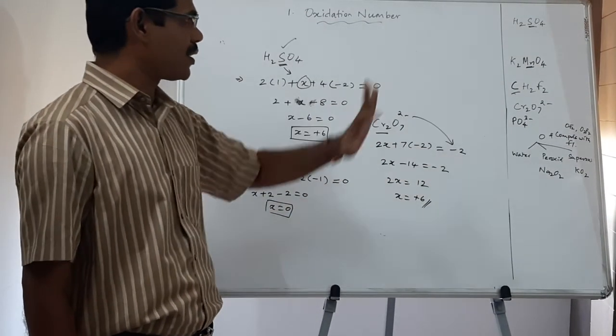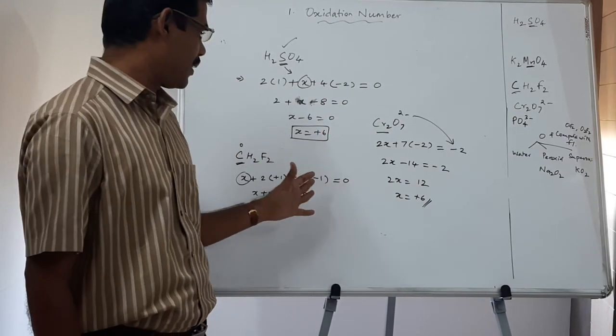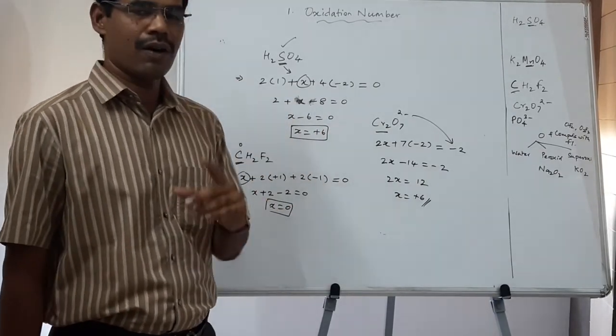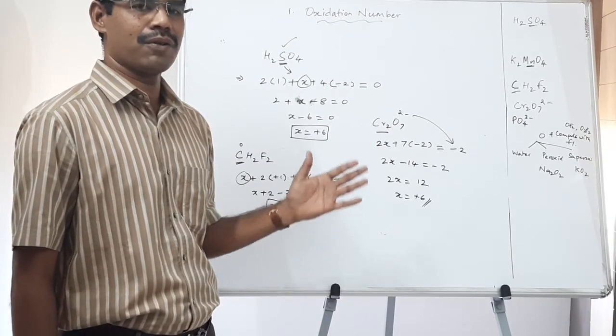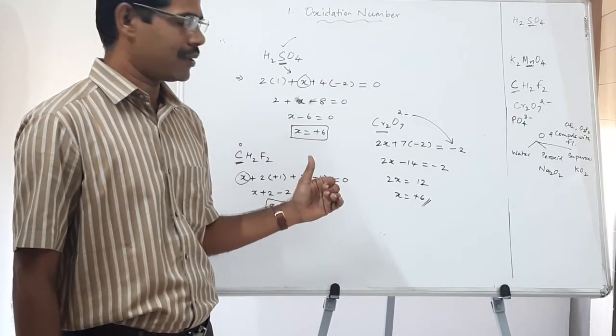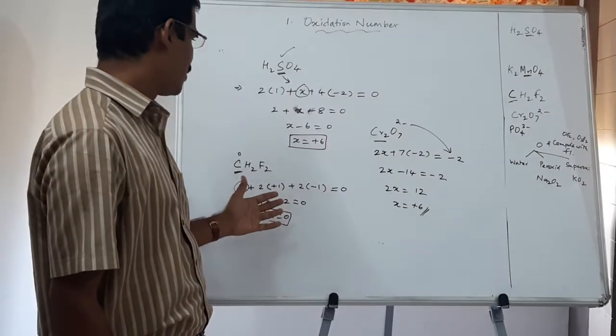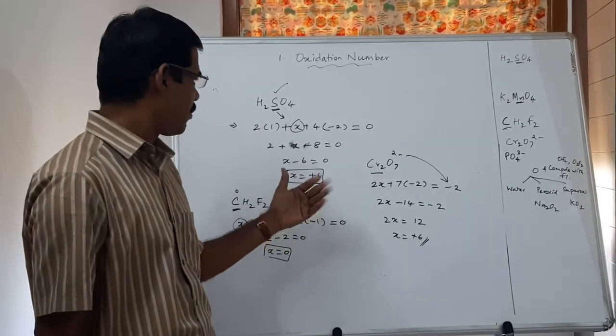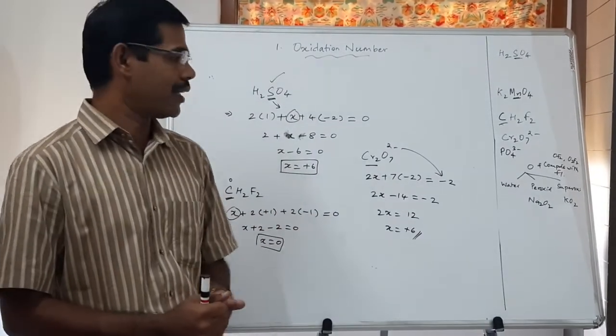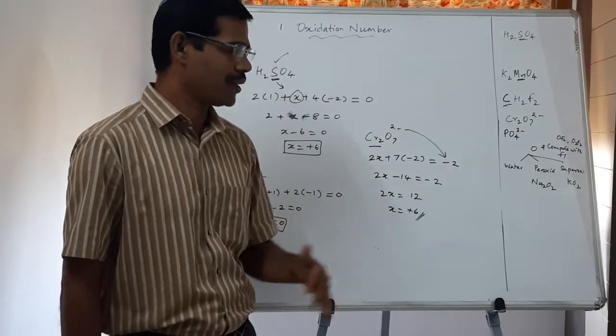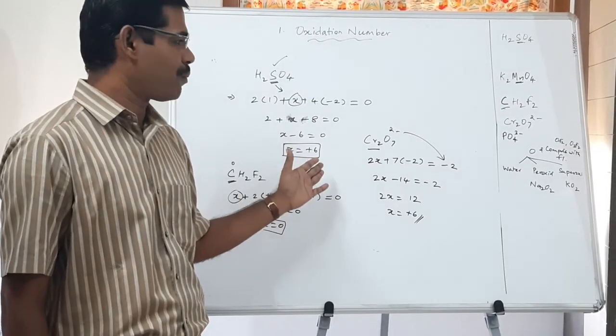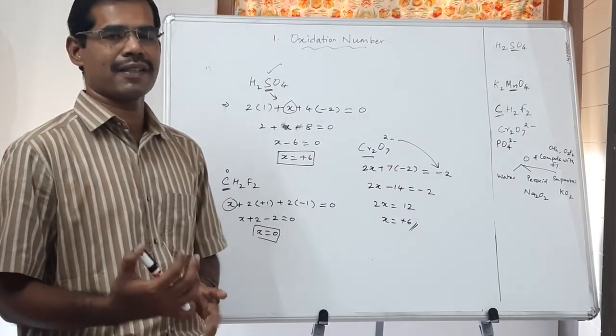Then for oxygen, we have to take some special care: the oxidation number of oxygen in all compounds is equal to -2, except in some cases where it is equal to, say, +1, -1 and -1/2, which we have also learned. That is in the case of peroxides or superoxides, or in the case of compounds with fluorine. So in this way we can explain.